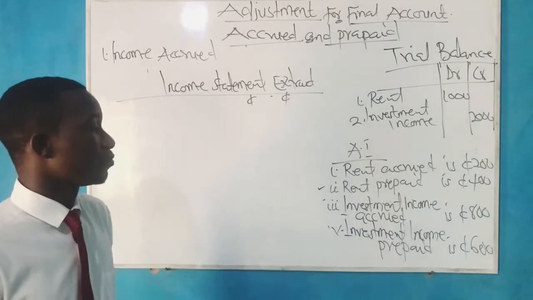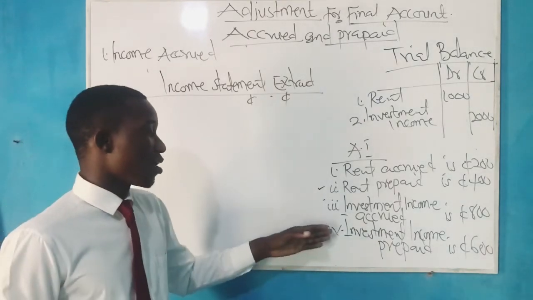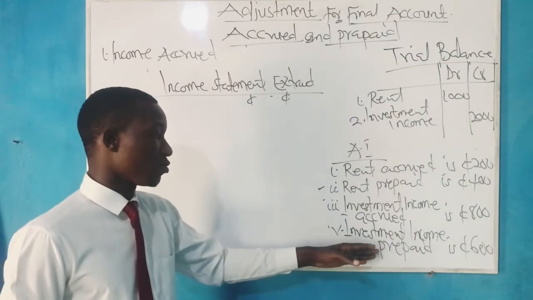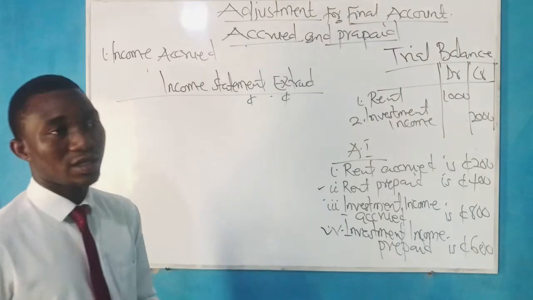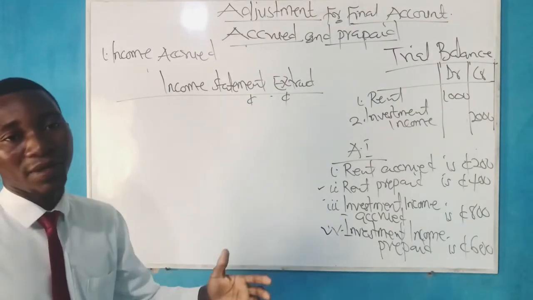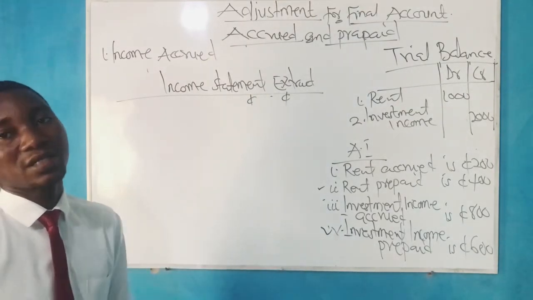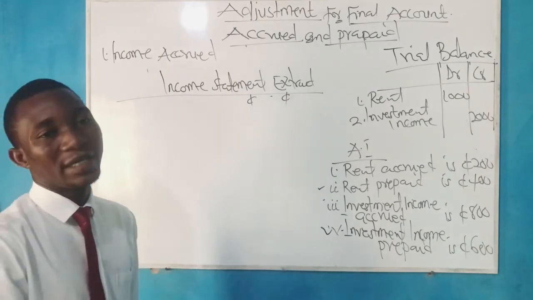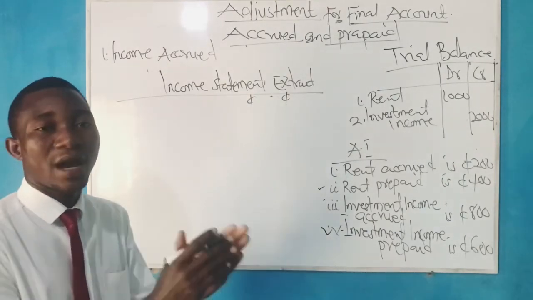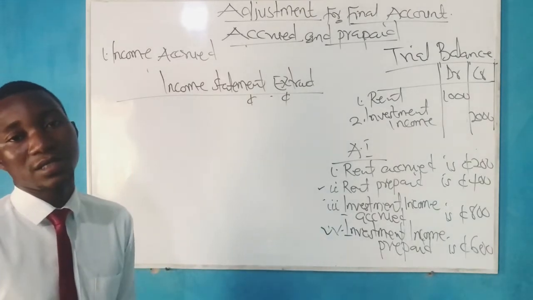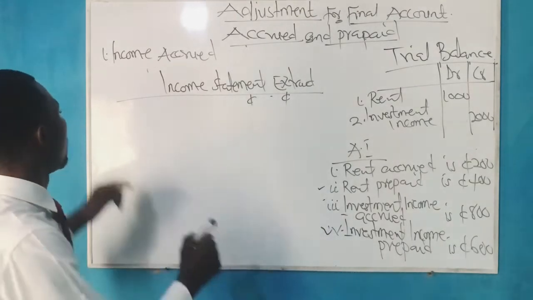Is that okay? So anytime there is an investment income prepaid, that is income prepaid, the treatment is that we are going to less the prepaid income from our gross profits. After that, then we add it to our current liabilities. Okay, so you'll be having